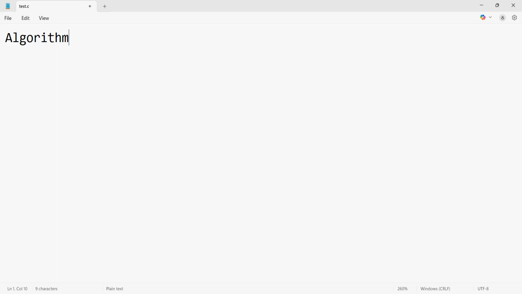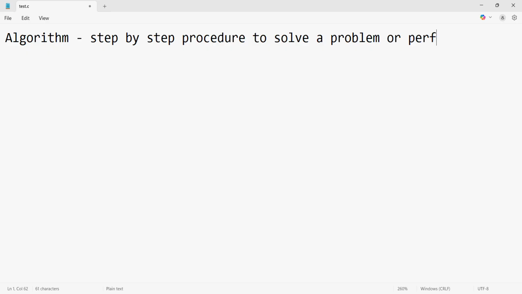Okay. So this algorithm is a step-by-step procedure to solve a problem or perform a task. Okay. So now this algorithm needs to be very clear. So the first thing is, the algorithm needs to be very clear,